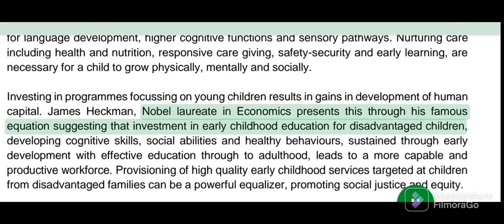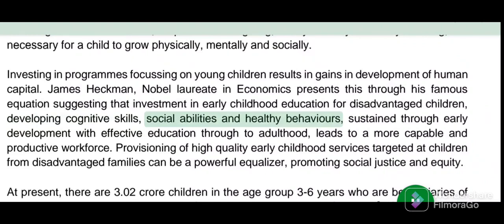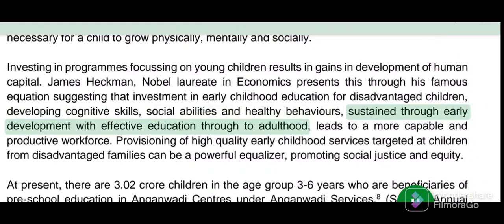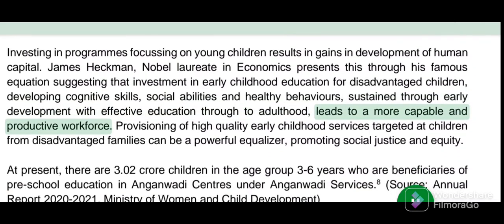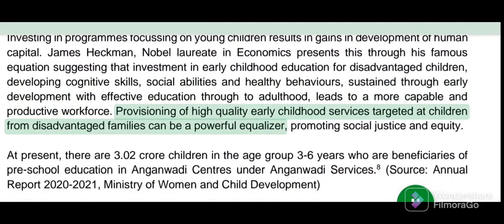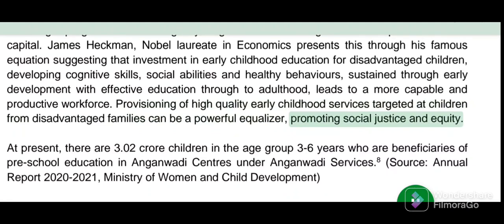James Heckman, Nobel laureate in economics, presents this through his famous equation, suggesting that investment in early childhood education for disadvantaged children, developing cognitive skills, social abilities and healthy behaviors, sustained through early development with effective education through to adulthood, leads to a more capable and productive workforce. Provisioning of high-quality early childhood services targeted at children from disadvantaged families can be a powerful equalizer, promoting social justice